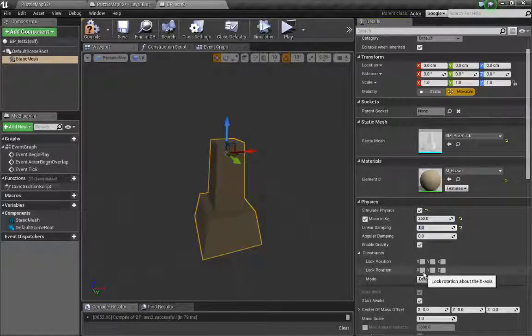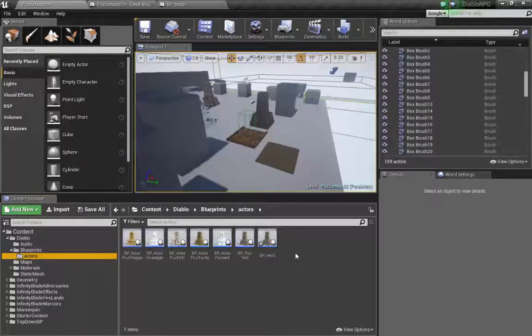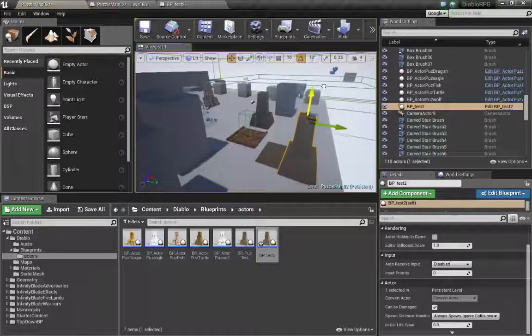And the other thing you've got to do is lock the rotation. That way it just moves, it doesn't rotate and get all weird and squirrely. It stays on the ground and just pushes around. So that's all you need to do. If you hit compile, and if I drag it into my level, and I make sure it's on the floor, I hit play,